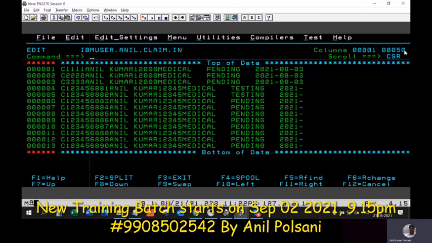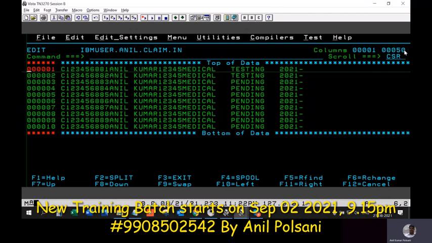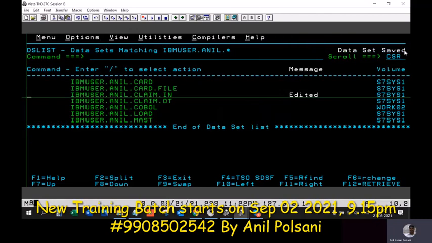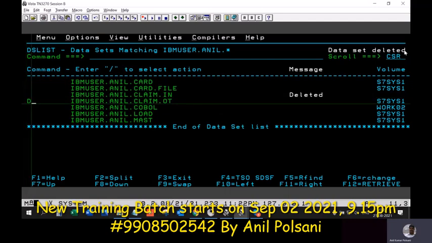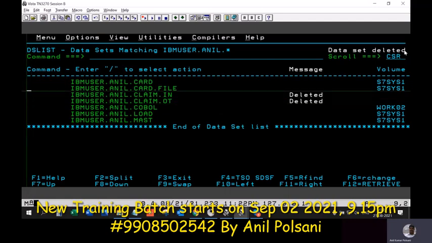These are other old records, forget about them. It has used my old file and overlapped it. My testing files have been overlapped here. I don't need these files anywhere.